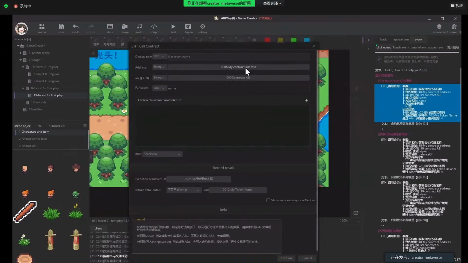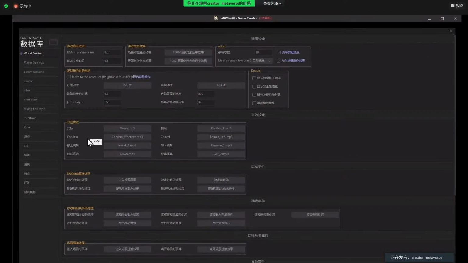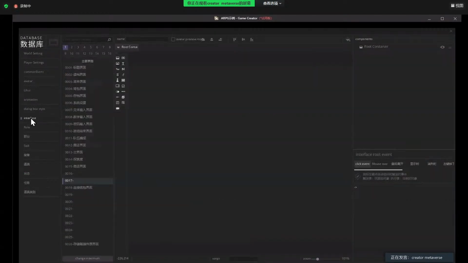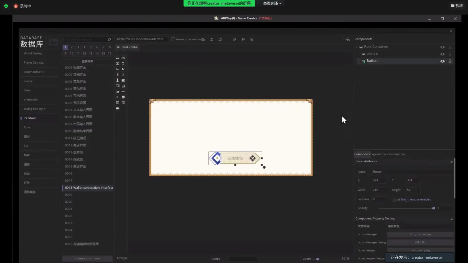And do you remember when we start the game, it asks us to connect the wallet. It was in the interface. So we go back to the data and switch to the interface. There is an interface called the wallet connection interface. And here's the button, and we can change the name to connect wallet.